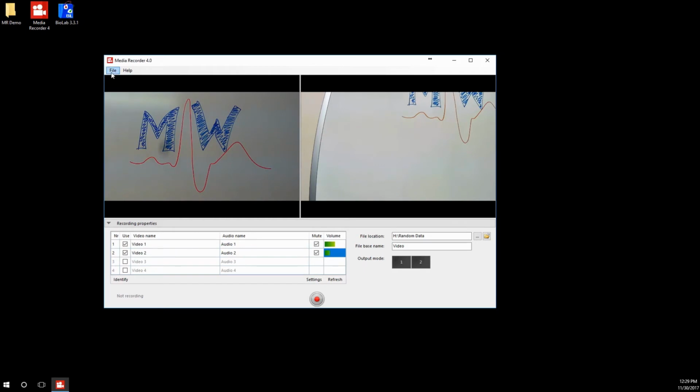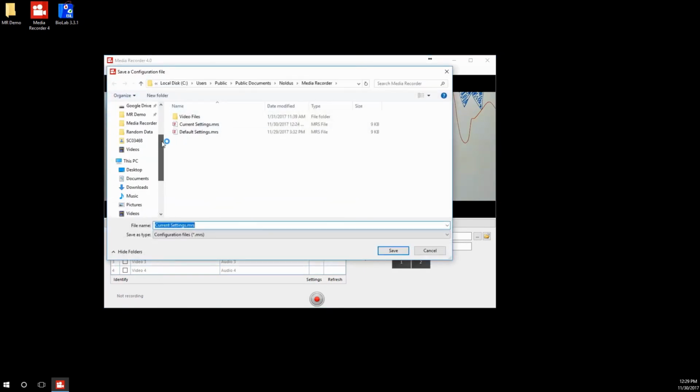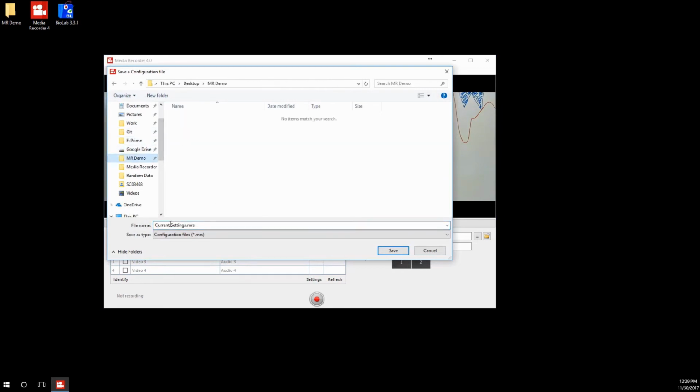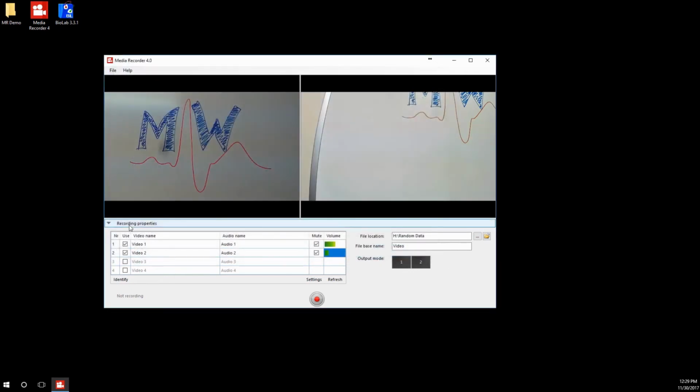So to save out a configuration, go File, Save Configuration As, and I'm actually going to go to my study folder now and save my Media Recorder configuration. I'm just going to call it Study 1. All right, and at this point I'm ready to close out of Media Recorder